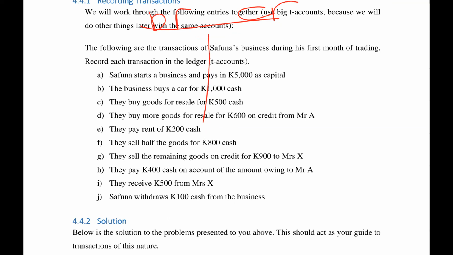So what do we mean when we say the T accounts? What we try to mean is that given these transactions,